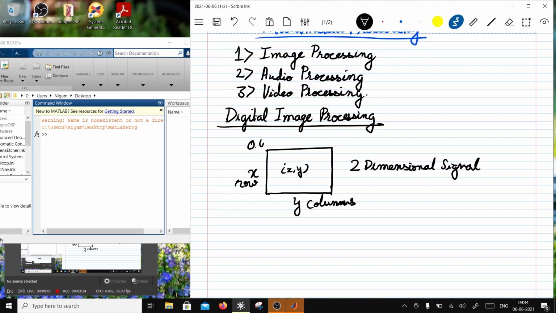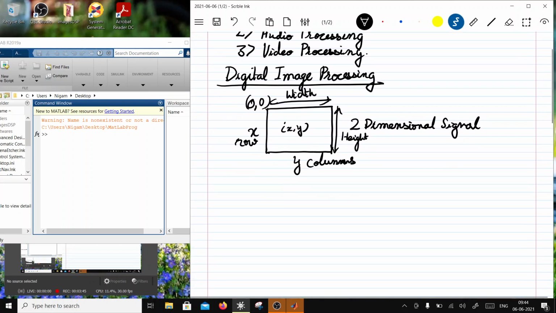And the origin is over here, 0 comma 0, 0 row, 0 column, and any point in this is going to be x and y, and this would be the height, and this would be the width, right? So an image is a two-dimensional signal. The two dimensions being x and y, it can be considered as a two-dimensional array.